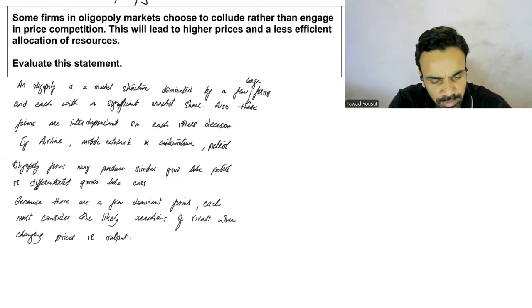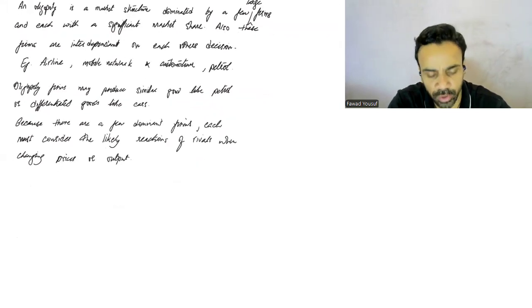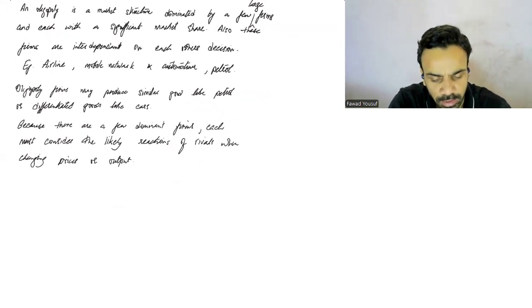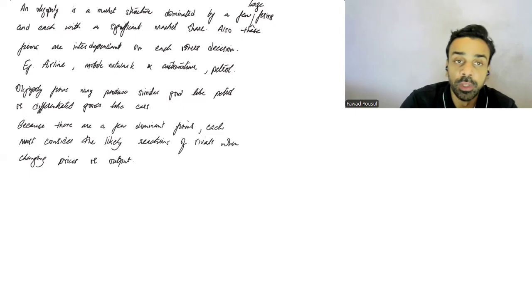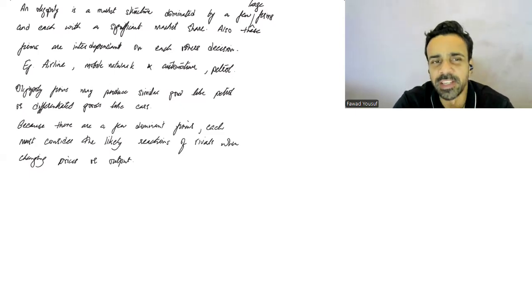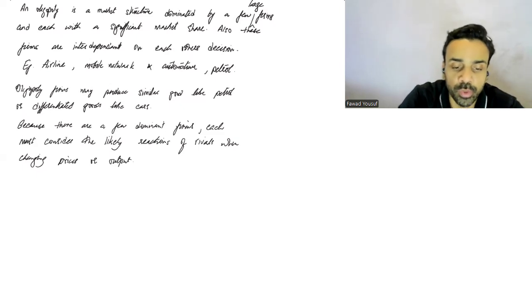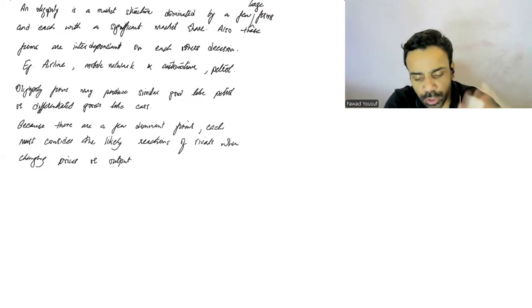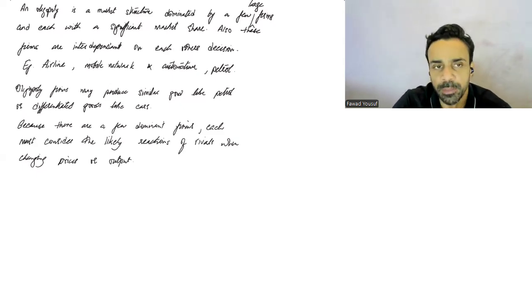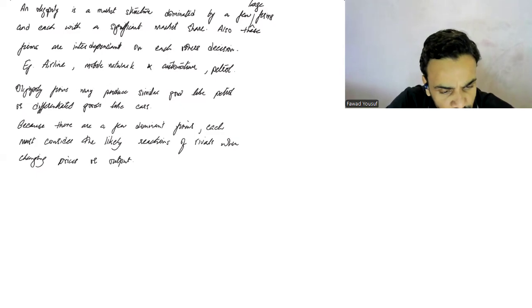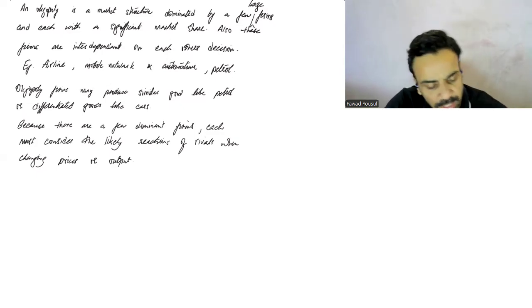See, so something like this, just to suggest that, at the end of the day, उनको एक दूसरे को देखना पड़ता है. So this sets up my stage for what's coming next, कि वो collude क्यों करना पसंद करेंगी versus compete. So just to give के collusion के अंदर क्या possibilities they might have, I would say something like that